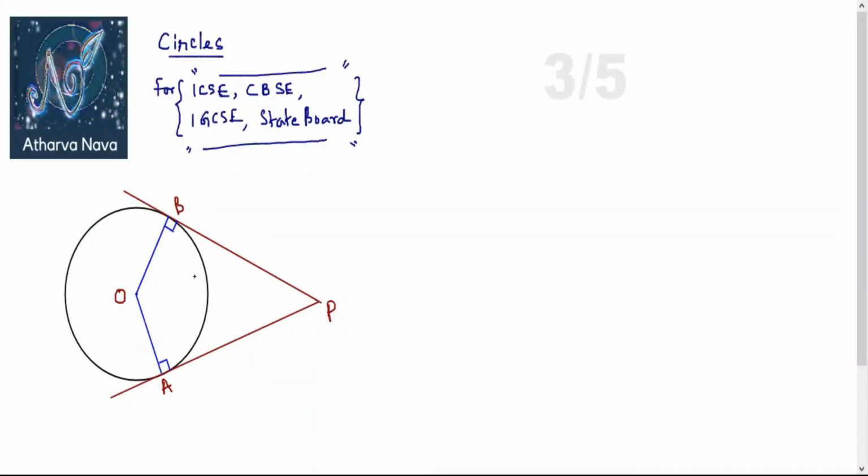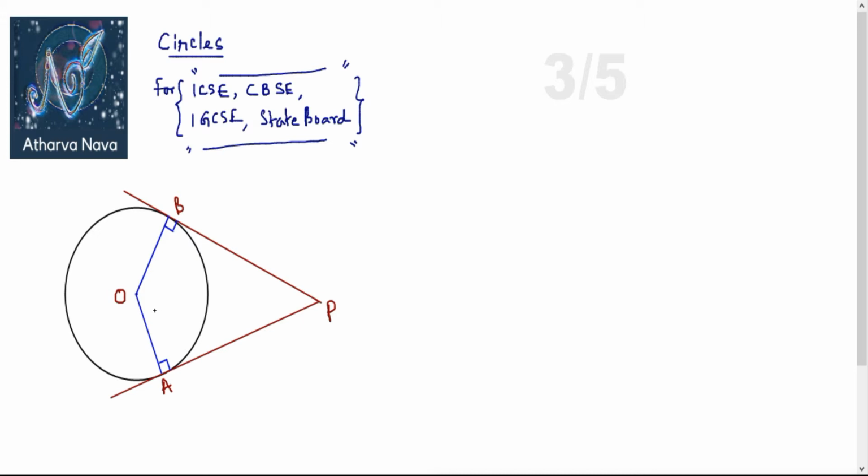Welcome back students. We are learning the circles chapter, and in the previous videos I have mentioned diameter, chord and tangent properties and how the straight lines look when they are intersecting the circle, and I have explained that very clearly. And then we have discussed why a tangent forms perpendicular with the radius.